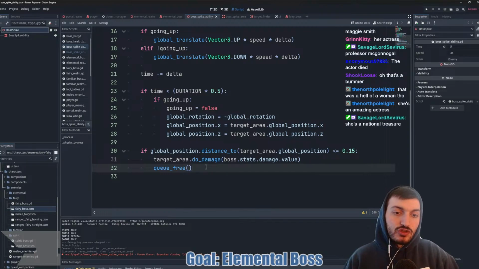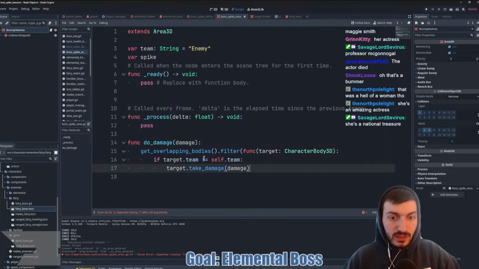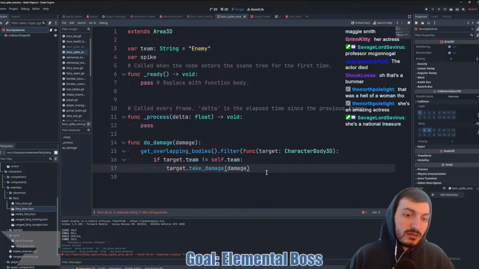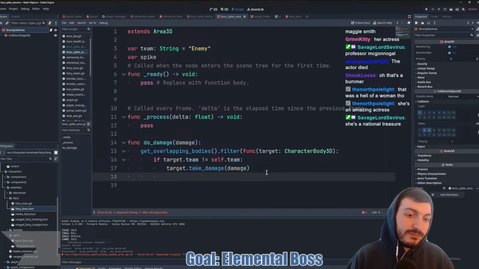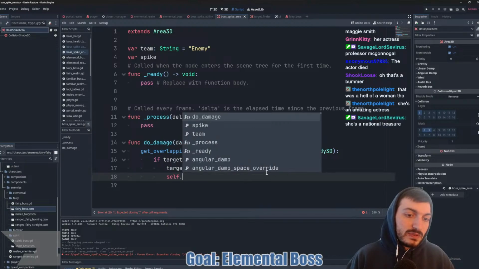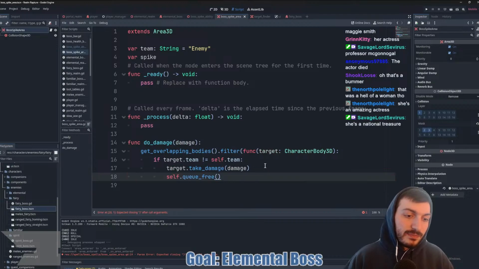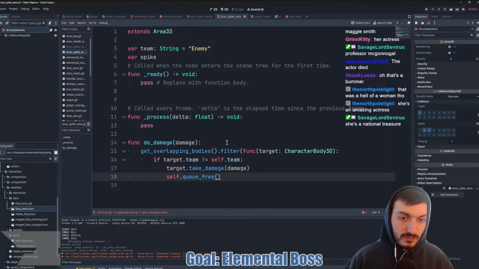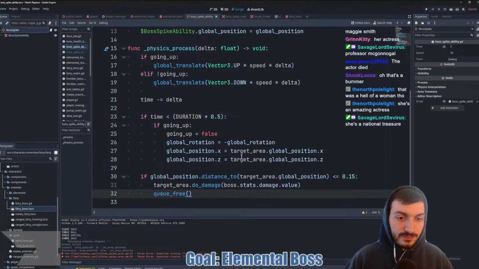Alright, so we tell it to do damage. And then it does damage. And then we say self.queue free. And there's a parse error somewhere. Where's the parse error? In boss spike area GD.